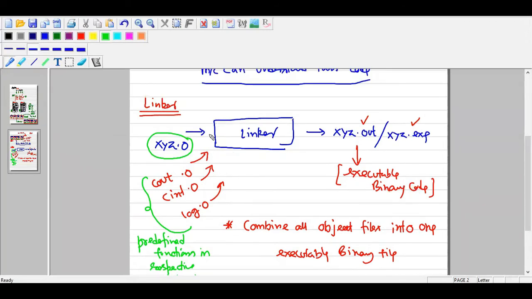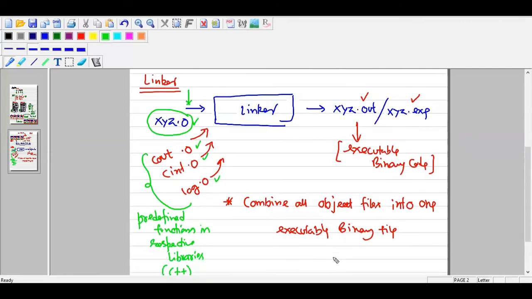And the magic is, all these codes, even xyz.o, cout, cin, are also executable binary files, but they are not complete. If we use only this, where would the compiler find the actual code for these functions? Cout, cin, I will cover this when I cover the header files and the namespace, but I'll tell you in brief that the actual code of cout, cin, log and any other library